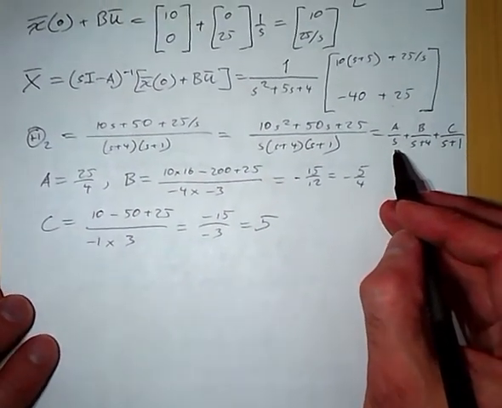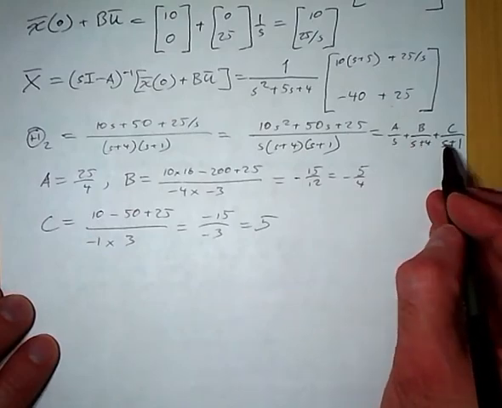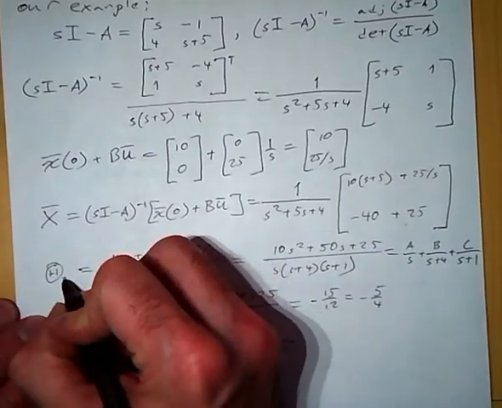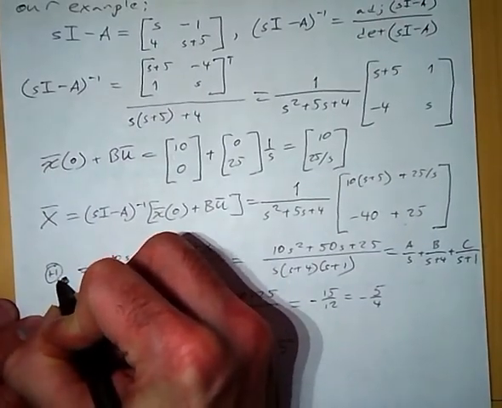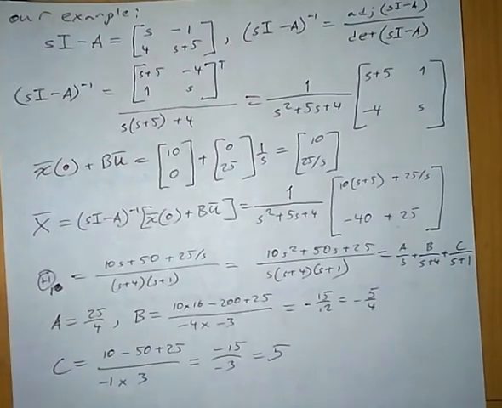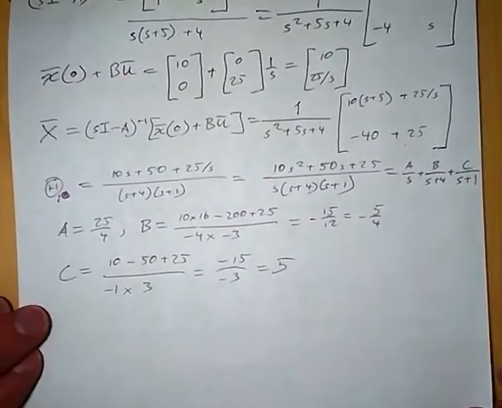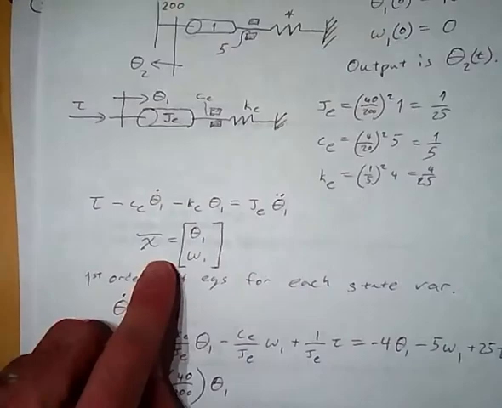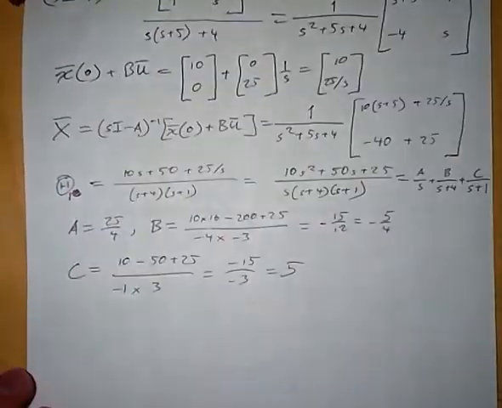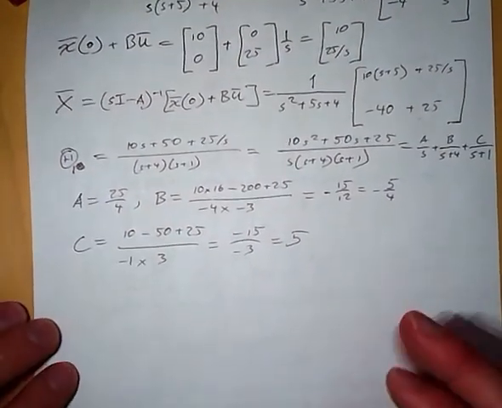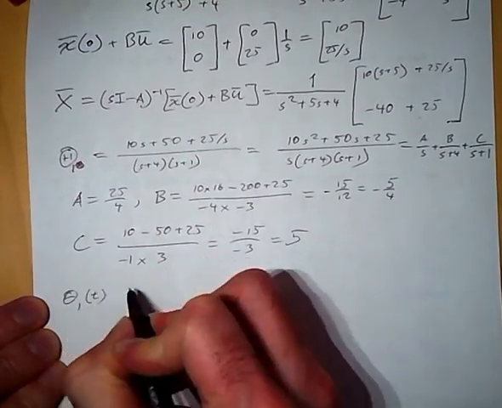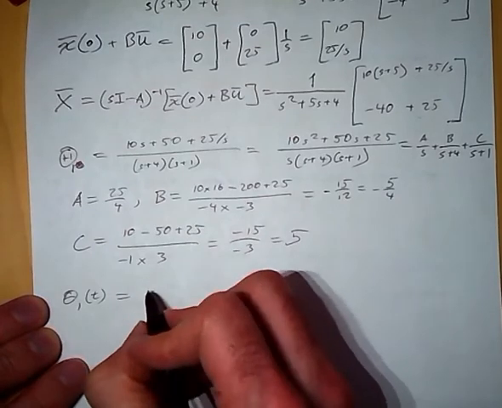So now we can find the inverse Laplace transform of these three terms, and we get, oops, I wrote theta 2, but this should be theta 1. Theta 1, because that was our state variable. My mistake. So I had over here that our state vector is theta 1 and omega 1. So the Laplace transform of theta 1 is what we just found. And now take the inverse Laplace of that,